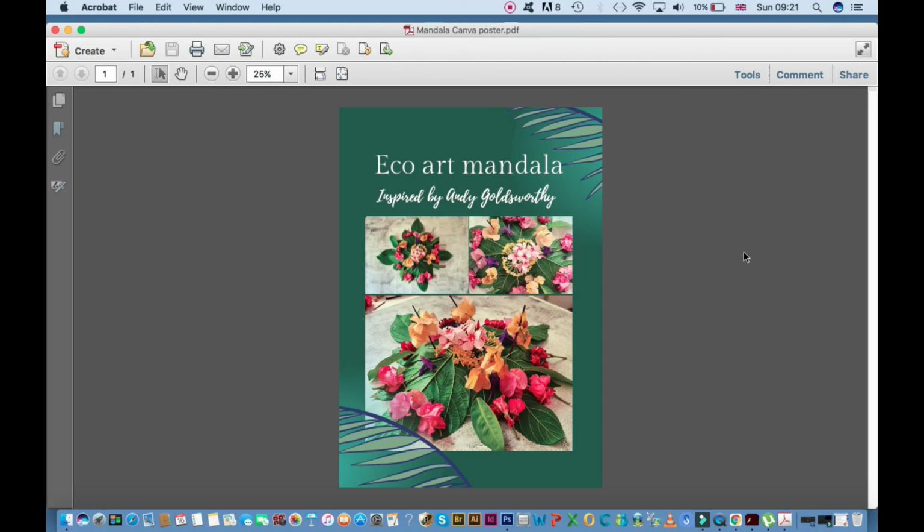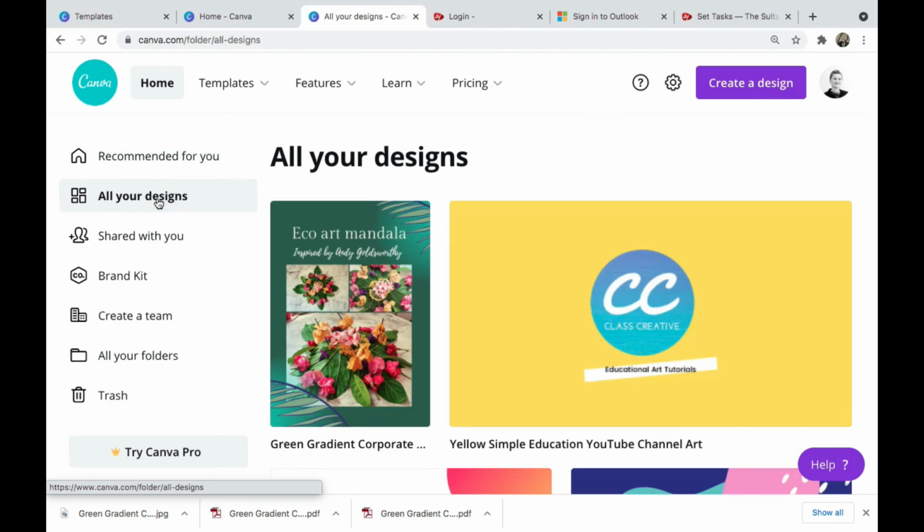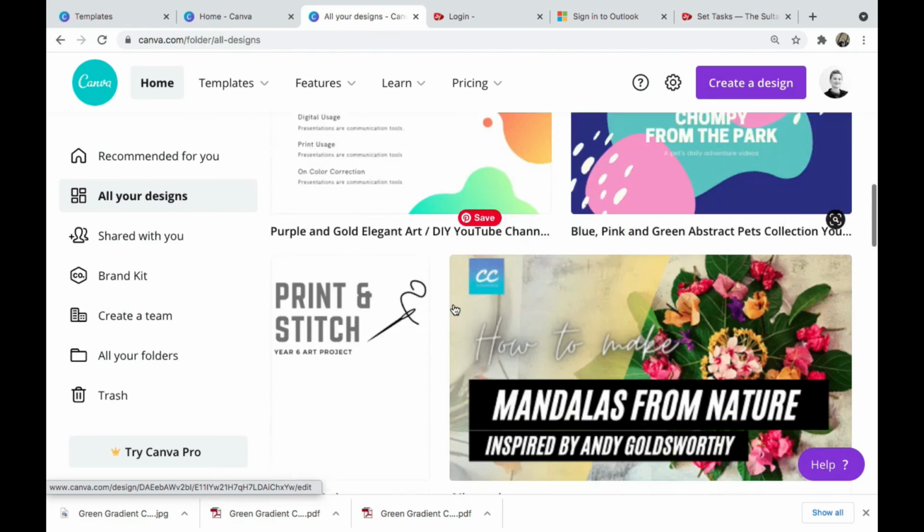So that's what I want from you guys, is to create your own design. Also, I might add that everything that you design on canva.com is automatically saved under your design, so no need to click